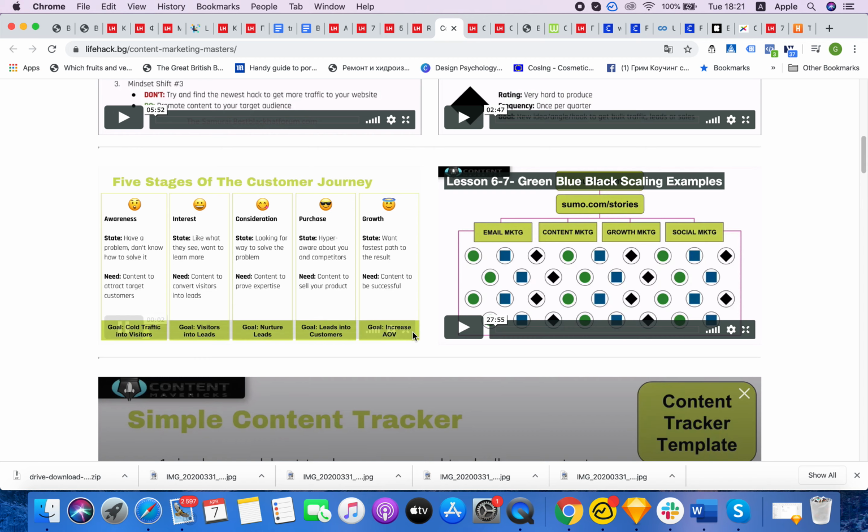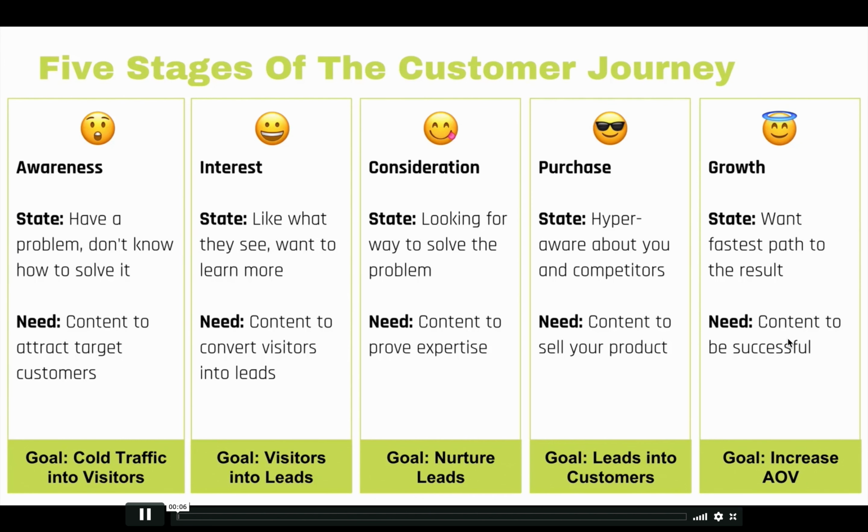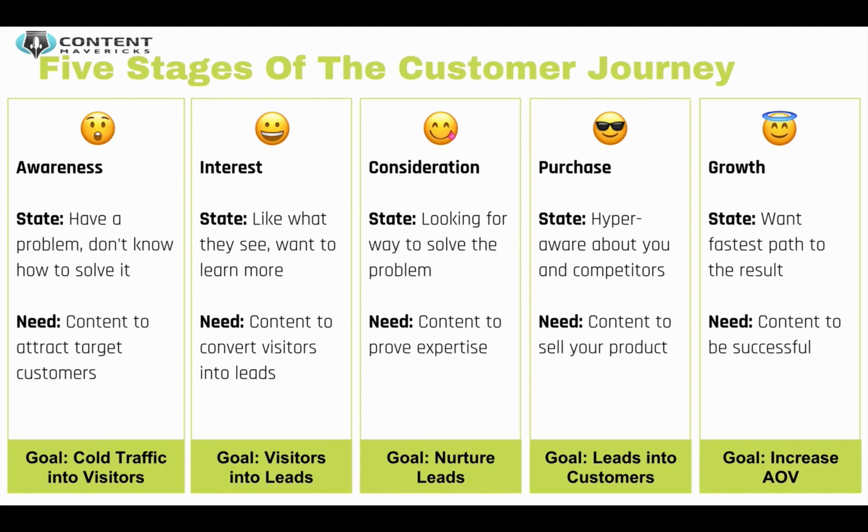In combination with your green circle, blue square, black diamond content system, every piece of content you create is going to target your customers at different stages of the customer journey. This is so you can move people from knowing nothing about your brand to becoming your most loyal customer. Now, if you're familiar with Eugene Schwartz's 5 levels of awareness from the book Breakthrough Advertising, then this is very